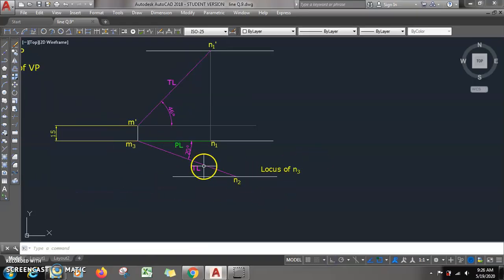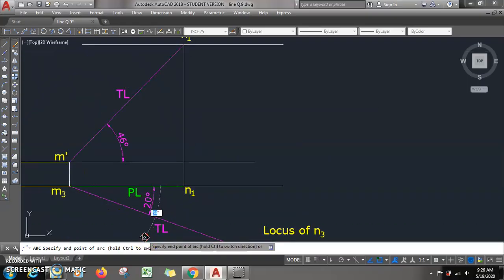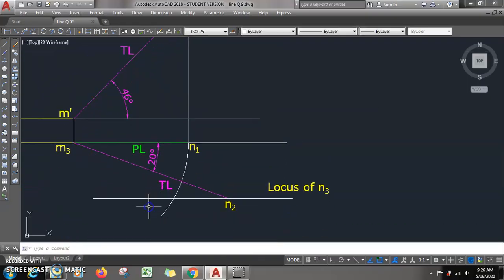Okay. So now what we can do? You see, okay, here we have plan length. Na? If we rotate plan length, I will be getting N3. So take an arc. This is center. This is start point. Press Ctrl to change direction for arc. So axis arc I can trim, and from this point,